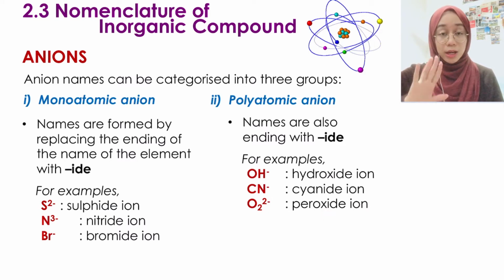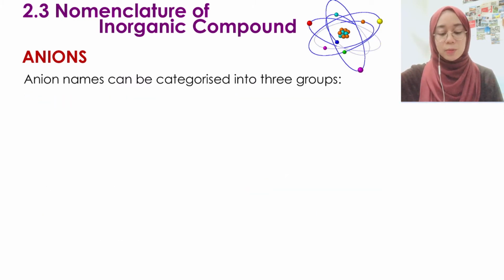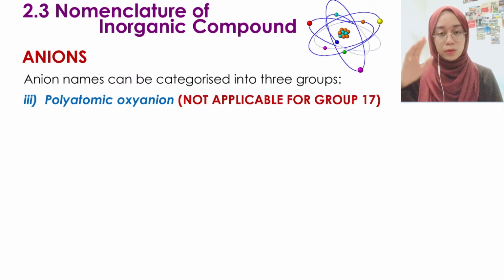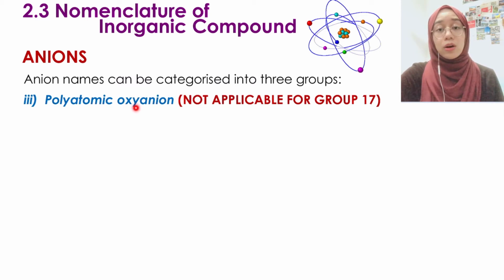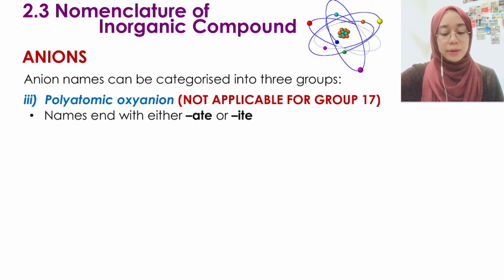Okay, so now let's go into something yang tak complicated sangat lagi. Ini mesti kamu dah pernah jumpa dekat sekolah dahulu, so mungkin sekarang ni kita just refresh balik kan. So this is what we call as polyatomic oxyanion. Oxyanion, oxy dekat sini stands for oxygen, bermaksud dia involve polyatomic yang ada oksigen dalam tu. Okay, so kita tengok contoh. Untuk yang ni, nama dia bila dia ada oksigen, the name ends with either